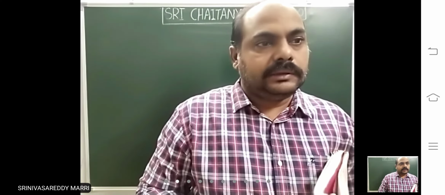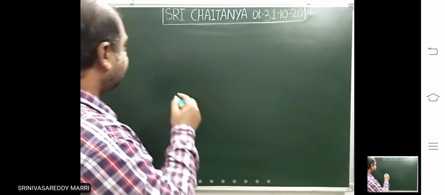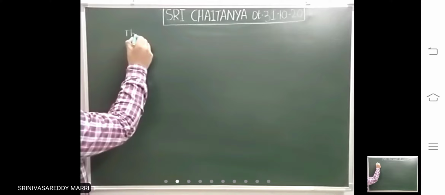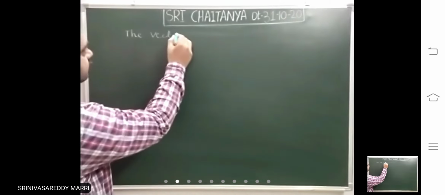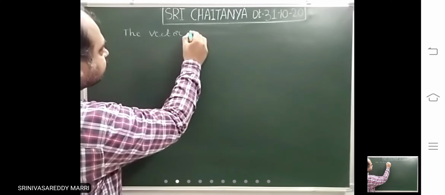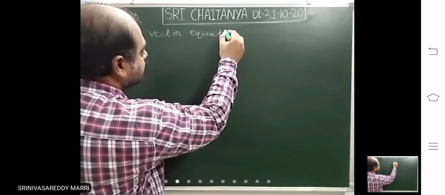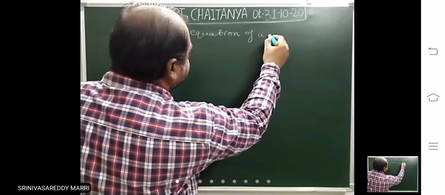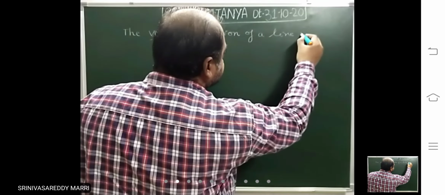Look at it. Now, today's topic is the equation of a line. We have already discussed this in vectors. The vector equation for any line, the vector equation of a line passing through